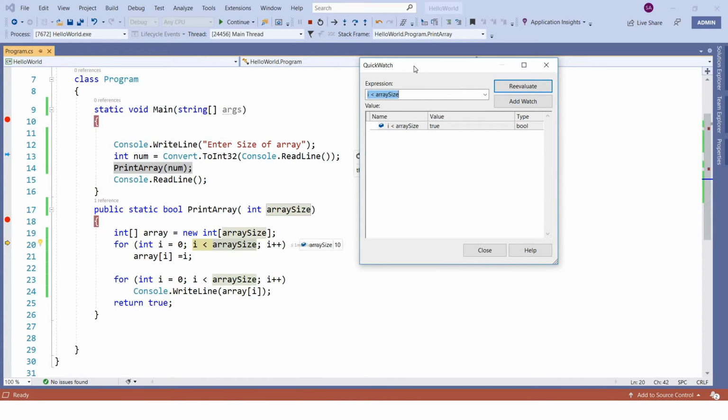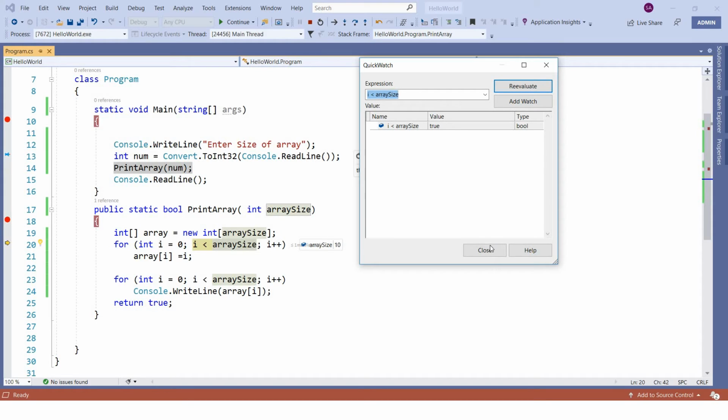You can see here whatever statement we have selected is copied here and it is trying to evaluate it. The output will be the value, which is true. That means i lesser than array size is currently true, and the return type of this is Boolean. So whatever statement you want to execute, you can execute it and see its value here.